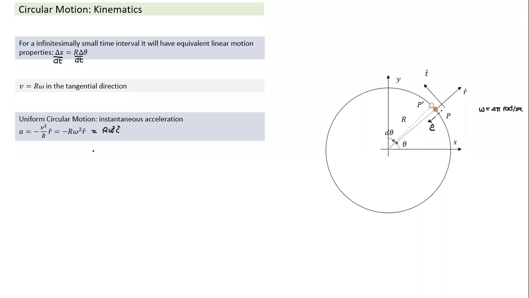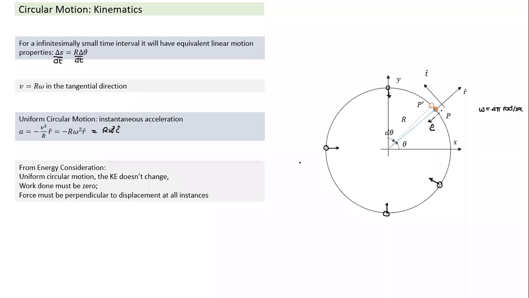So for uniform circular motion, this particle is going like this. When it comes here, the direction of acceleration is like this. When it is here, the direction of acceleration will be like this. If the direction of acceleration is like this, the net force also should be in the same direction as the net acceleration. That's what centripetal means. Everywhere the direction of acceleration is towards the center, if it is a uniform circular motion, and the force also.